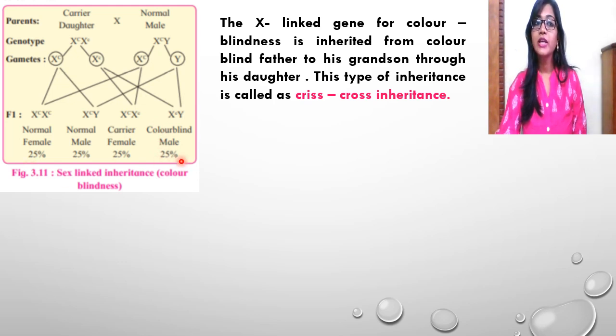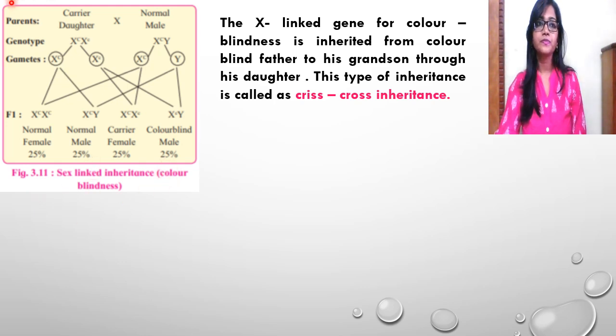So how many chances are there now? See, if the mother is a carrier and the male is normal, if they get married, then what happens in the F1 generation? Normal females are formed, normal males are also produced, carrier females are also there, and colorblind males are also there. Okay, so from this marriage between the carrier female and the normal male will produce female offsprings with normal vision, but half of them will be carriers for the disease, and half of the male offsprings will be normal, and half of them will be colorblind.